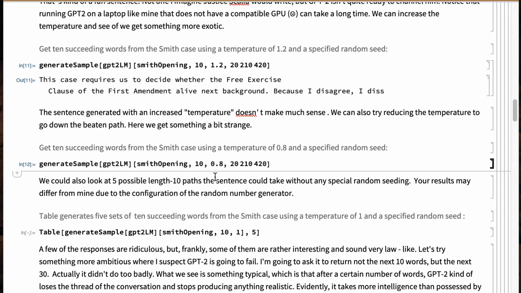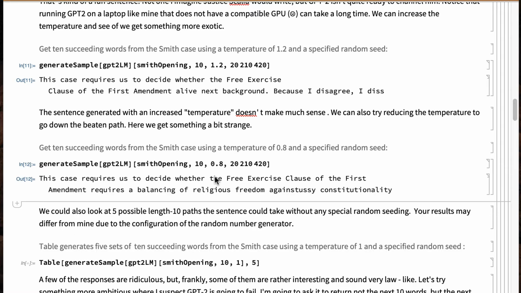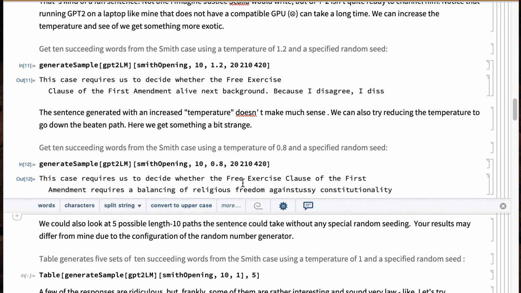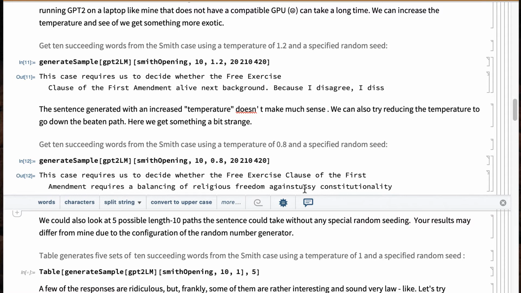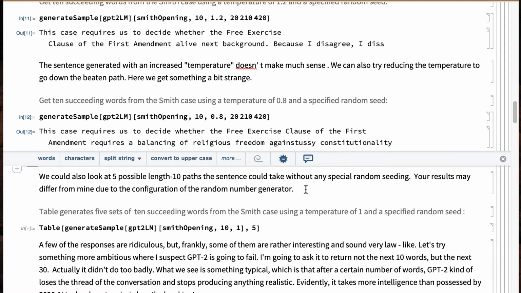So let's see. Requires us to decide whether the free exercise clause of the First Amendment requires a balancing of religious freedom against, and then we sort of go off into something weird, ussy constitutionality. So it was doing well up until here, and then it kind of fell apart. And this, by the way, is very typical of computer language models.